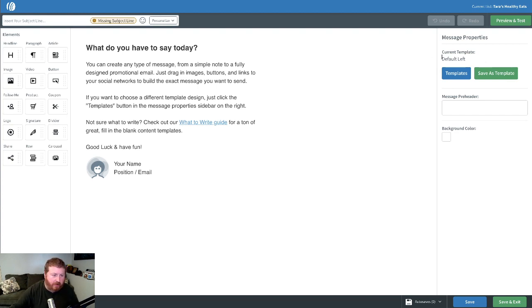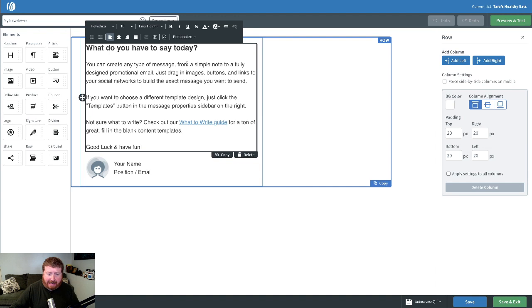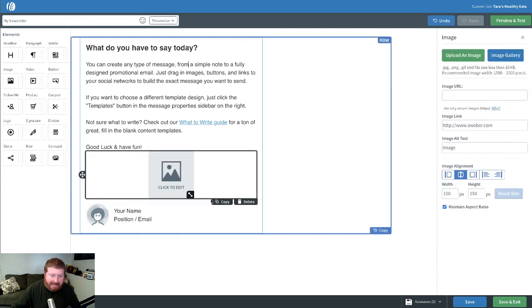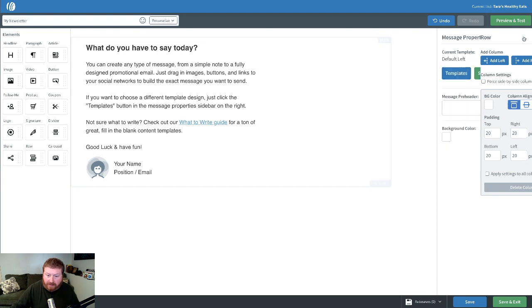Let's take a look at the drag and drop editor first, though. We'll make a subject line. We'll say, my newsletter. Now you can start right here by editing the content and the text right in here, or using the drag and drop editor, again, like we did with the landing page builder, to add things like images or even videos to your email. We also have a bunch of different templates to choose from.